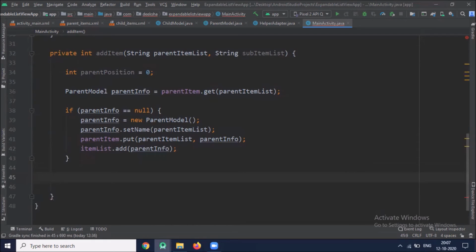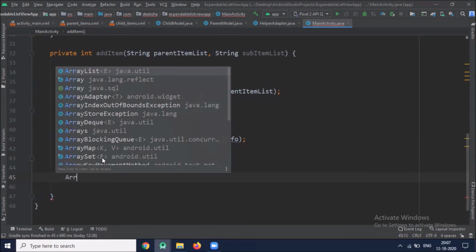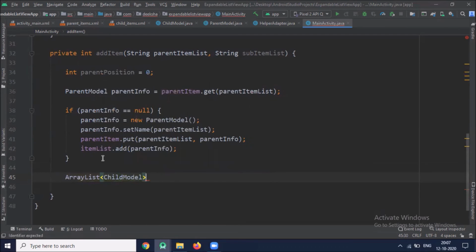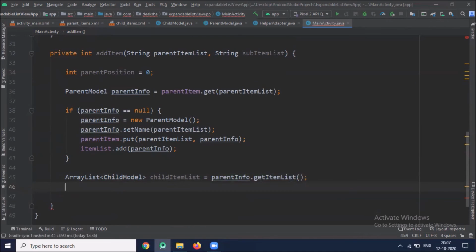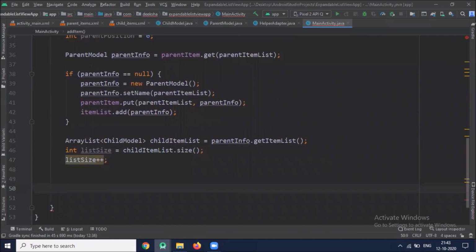Now we will get the children for the specified group. Now get the list size. Now we will add the child to the group.